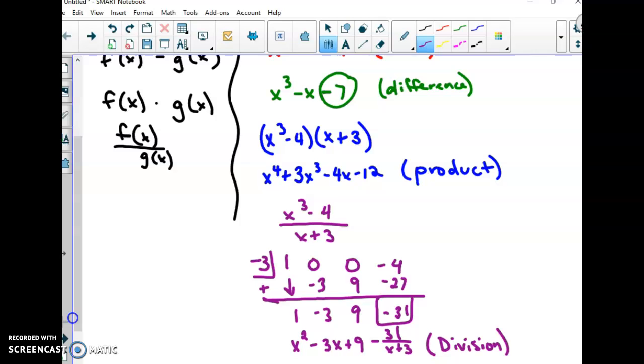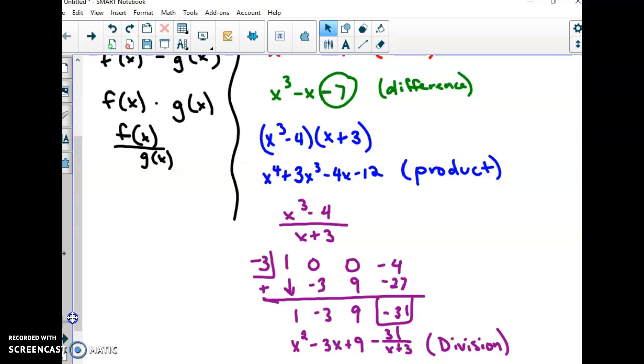That one's kind of the tricky one, like I said, is the division. This worked out a lot easier because I had 2 polynomials. Sometimes you might have like a sine and a polynomial. Well, you can't actually really divide those, so you might have to just leave it how it is, or I might not actually really be able to multiply them, and that's okay. You just need to go through what you can. So because I had 2 polynomials, I was able to do all of those 4